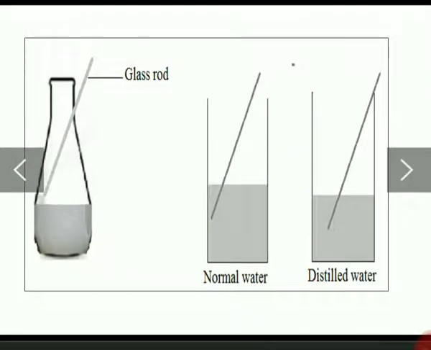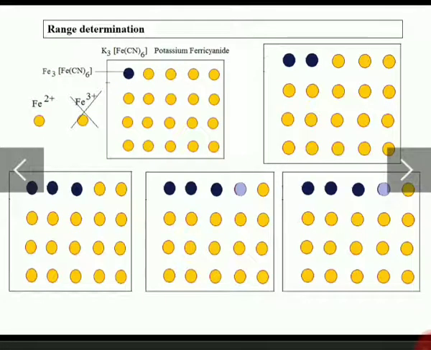Then what we have to do is, after adding 5 ml, by using a glass rod, take a drop of sample from the conical flask and bring it in contact with the indicator. When you do this, you can see the yellow colored indicator has been converted to blue color when it comes in contact with the sample. So this indicator will react with Fe2+ ions. The indicator doesn't react with Fe3+ ions.